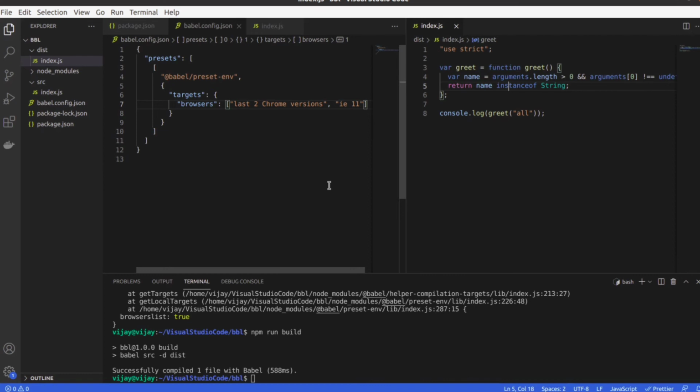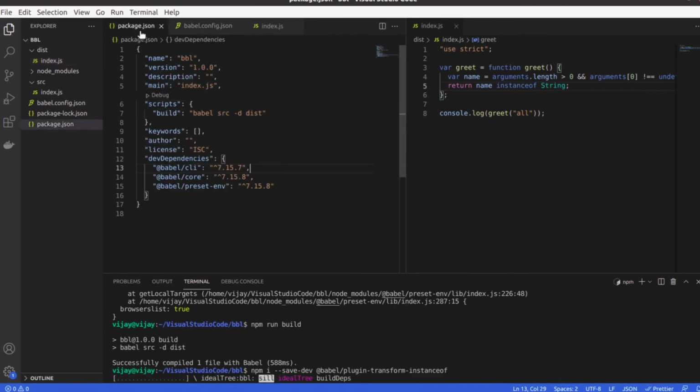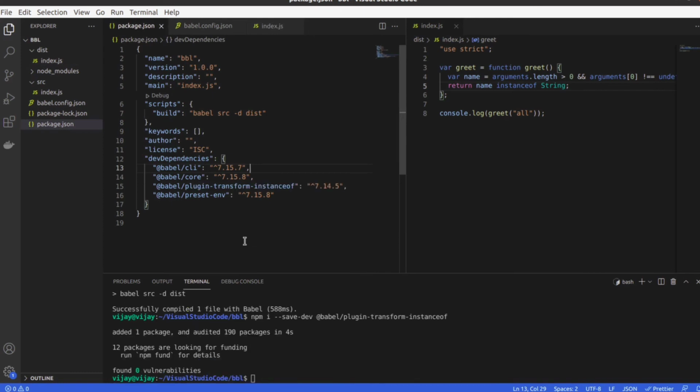But here what we are going to see is we are going to use a plugin to override the instanceof behavior. To begin that, we will install the Babel package. It's a dev dependency. So transform-instanceof. Once we installed it, we will add it in the config.json.